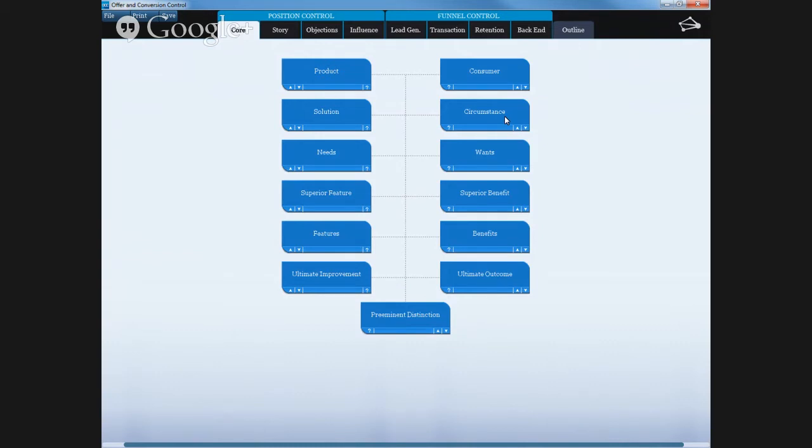And the circumstance these people might be in is they need to change the tires every time they want to go off-road. They've got to lift the car, remove the tires, and put the new tires on. That takes a lot of time, and it's constantly changing tires. So I'm making this up, but just so you can see that we would already start to dissect a little bit